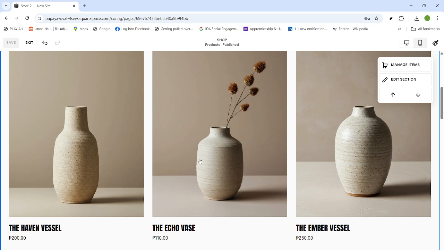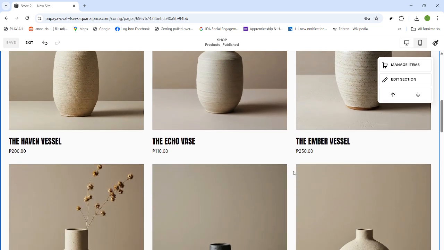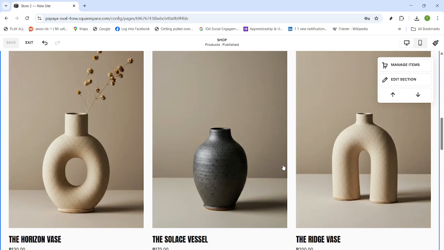As a quick check, view the page on a phone or narrow your browser to confirm spacing and readability. If anything feels off, you can hop back into Edit and adjust without losing your work. And that's it. You've created a products page, connected it to your collection, styled the section,